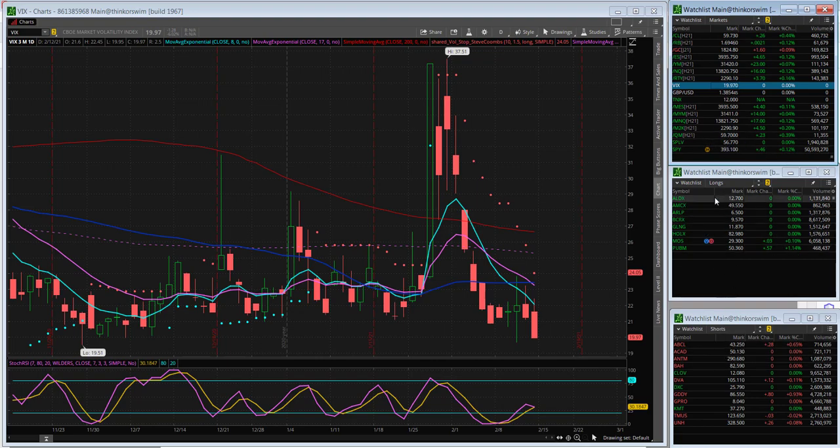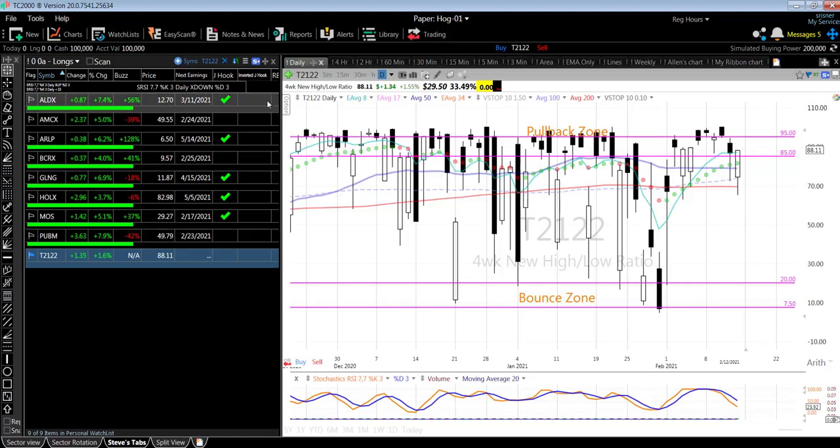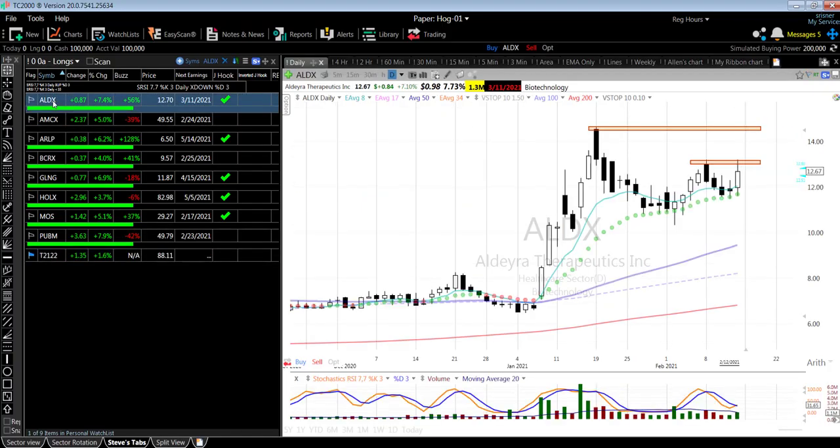And let's see. Let's go on over to some longs and some shorts. I'm going to use TC2000 to look at that. Let's go over, I believe,